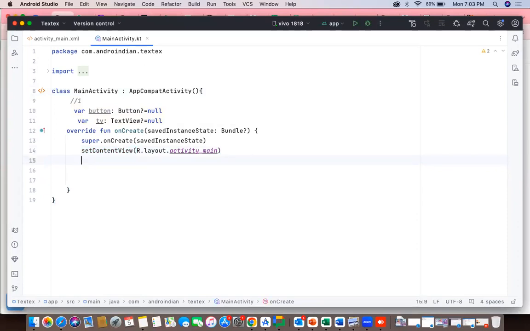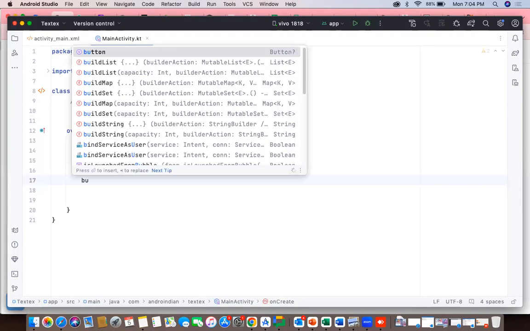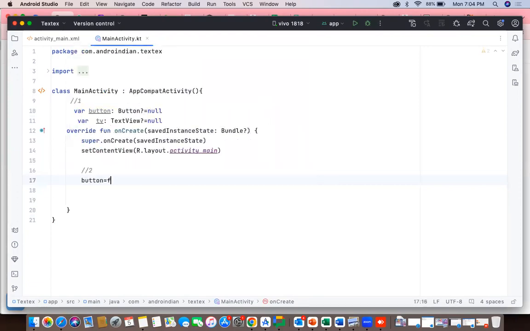The second step is to identify those components, because button and TV are unique names, and we don't know exactly which is which. So we need to find out what ID is given in the XML. To do that, I'm clicking on button. So that is button equal to find view by ID. I'm finding the element by ID, that is r.id dot